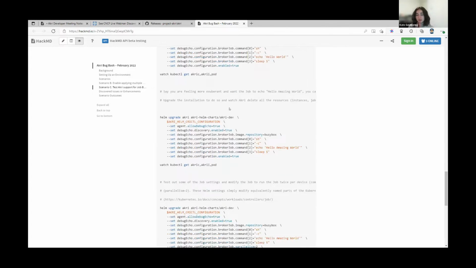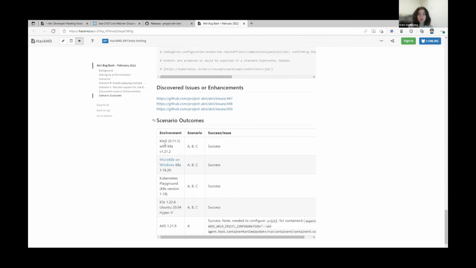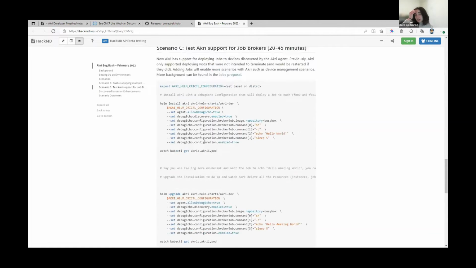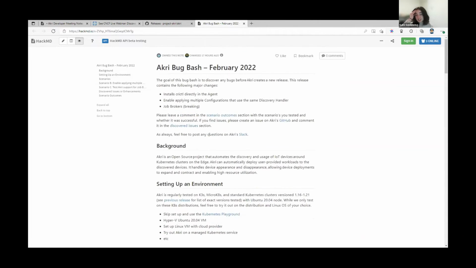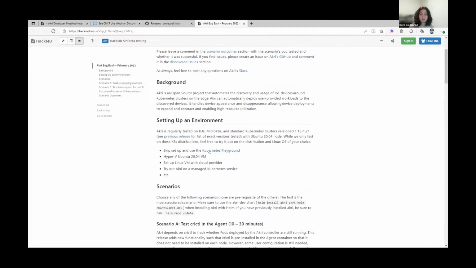And if we scroll to the bottom, you can see we did get some issues and enhancements out of these, and all of the distros that we were able to test this on. One thing I'd like to shout out in general, because it's awesome, is Katacoda has an incredible Kubernetes playground. If you scroll all the way up to the top, Roa, if you're ever interested in getting started with Akri, it's pretty cool.